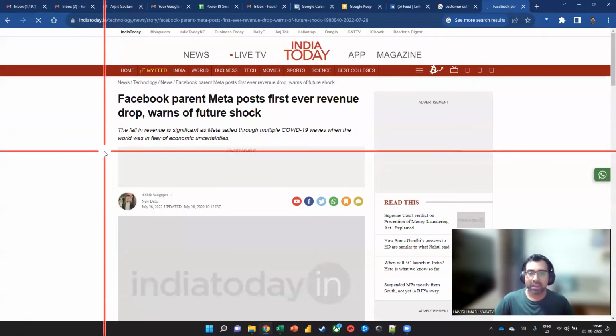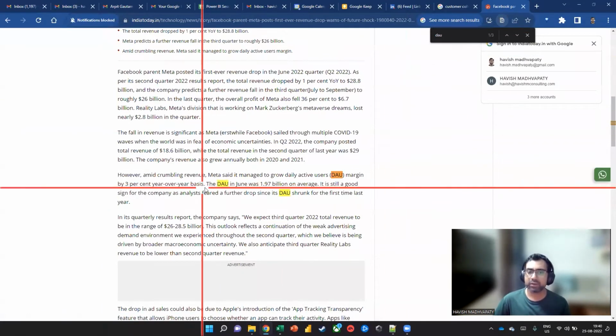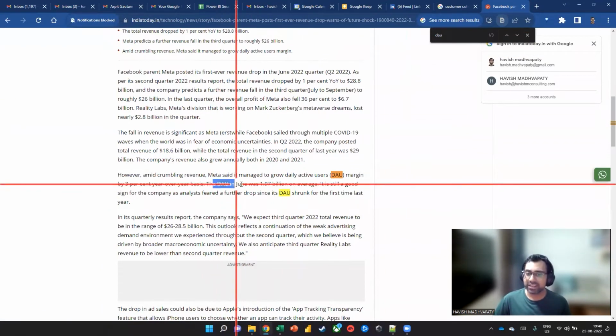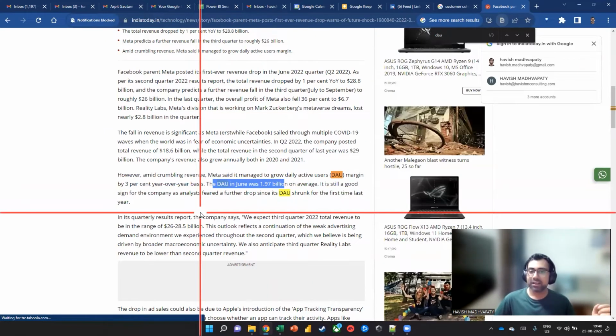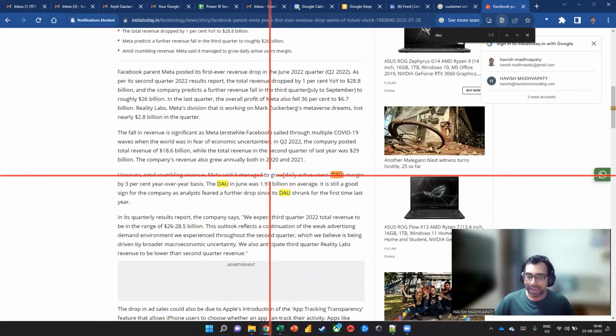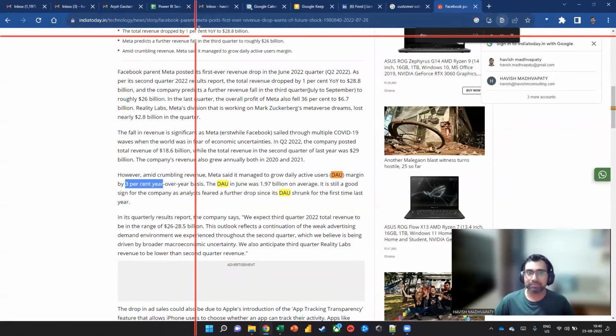Let me open it and show you the significance of the DAU. Okay, check this out. They said that the DAU in June was 1.97 billion on average, which means that while they have grown their DAU by 3%, their overall revenue is still decreasing because the DAU is not the only metric. You also want to look at something like